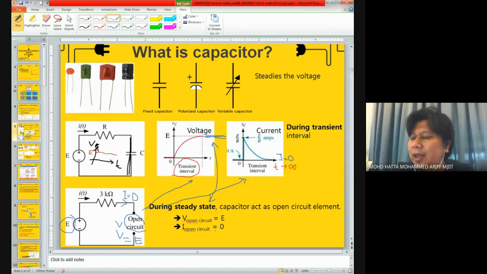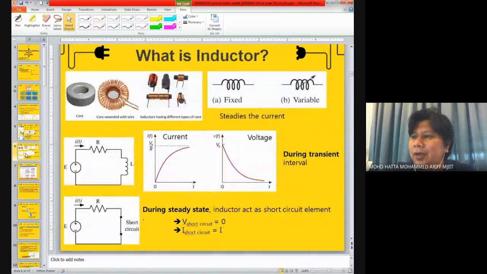So that's what happened to the capacitor during steady state. The capacitor will behave like an open circuit, so current will be equal to 0, and voltage will be the same as what you see from the voltage source, considering this is the circuit. Okay, that's for the capacitor. And for the inductor,